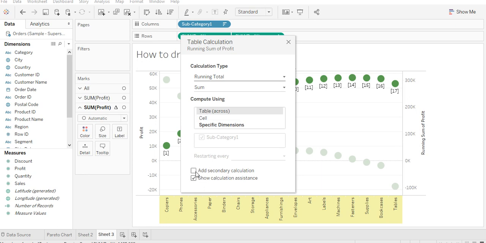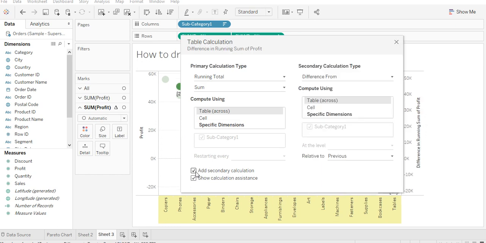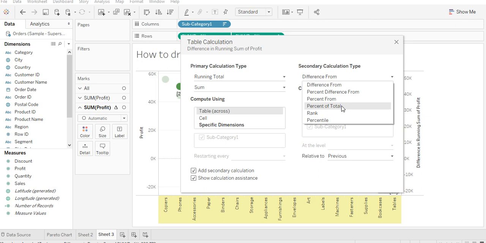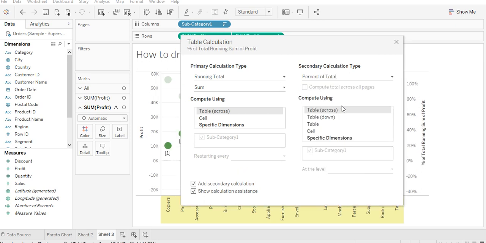And we have to add a secondary calculation also, right? Because only one calculation is not sufficient. So in the secondary calculation, we have to select percentage of total. We can select anything, percentage difference, percent from rank, percentile, but we have to select percentage of total. And after selecting percentage of total, everything will be the same. Then simply